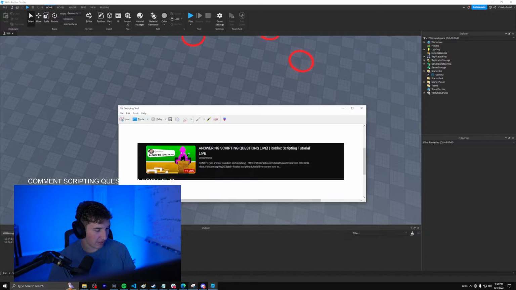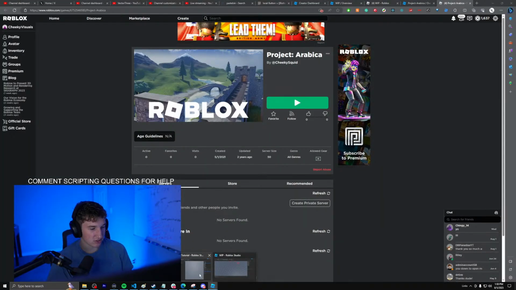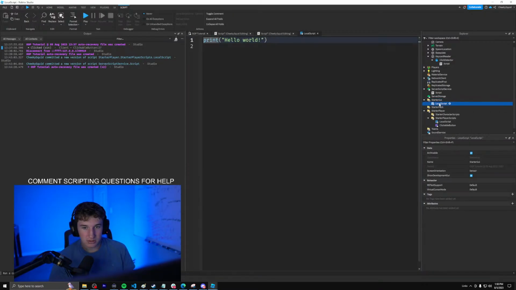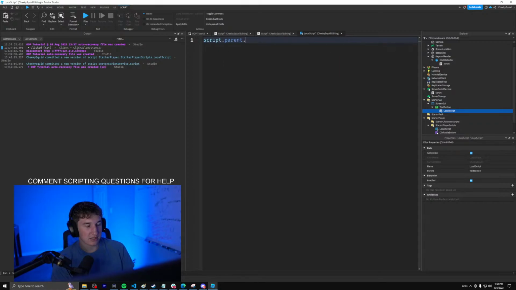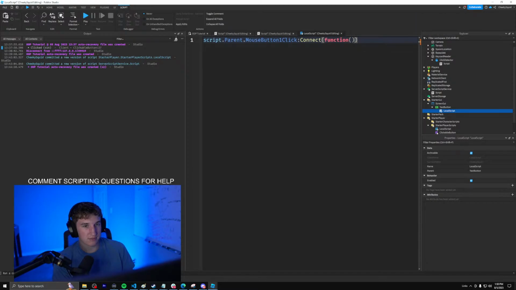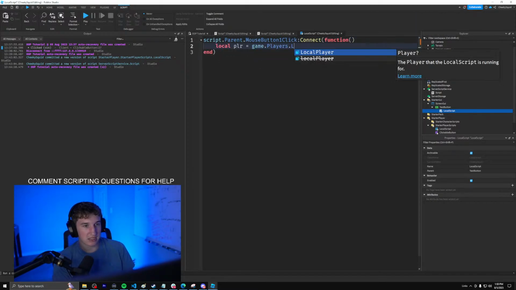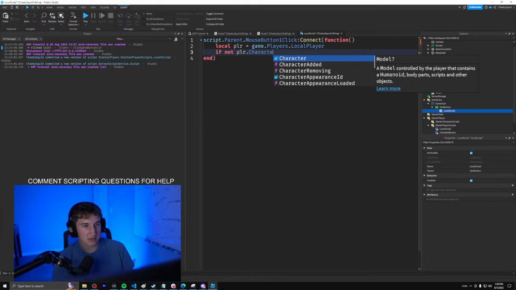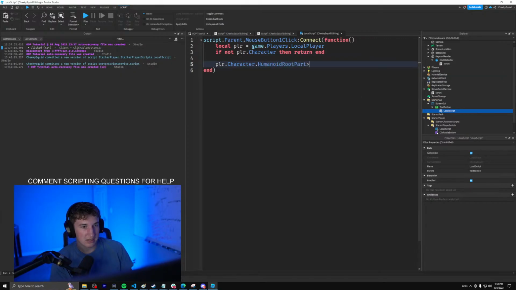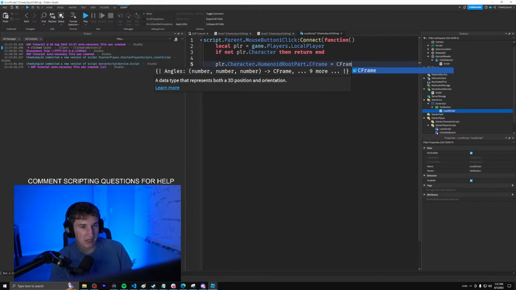How to make a button make your game teleport you. I'm actually teaching how to do that in my tutorial that comes out probably tomorrow. But I would do it like this. Local script. Screen GUI. Text button. Put this. And I would do script.parent.mouse button 1 click connect function. Local player equals game.players.local player. If not player.character, then return end. Otherwise, player.character.humanoid root part.cframe equals cframe.new